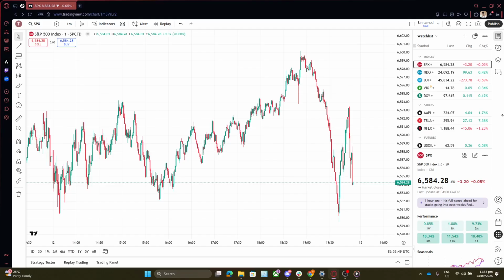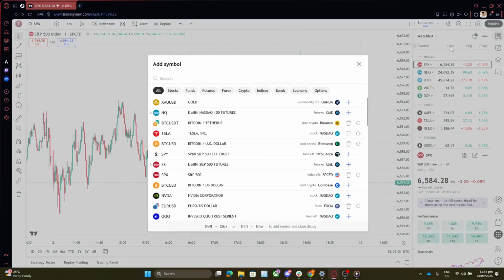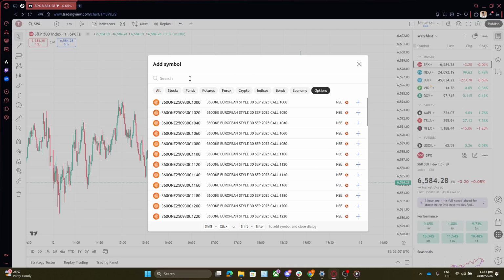Next, you'll need to look for the Add Symbol button. When you click on it, a dialog box is going to appear. This is where you can search for various financial instruments by entering their symbols. In our case, we're focusing on Nifty options. Using this feature will allow you to seek specific options by name or by code, helping you quickly find what